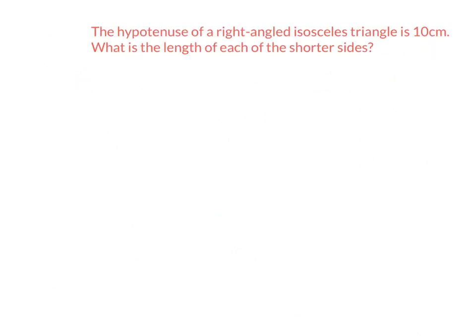So let's try this question here. The length of the hypotenuse of a right-angled isosceles triangle is 10 centimeters, and we'll find the length of each of the shorter sides. So you might be thinking, well, hang on a minute, don't you need to know two sides in a right-angled triangle? Well, this is an exception, because this triangle is isosceles, its two shorter sides are the same. So let's draw it. It'll be a right-angled triangle, but because it's isosceles, two sides are equal. You can't have one of the shorter sides equaling the hypotenuse, so these two sides must be equal,